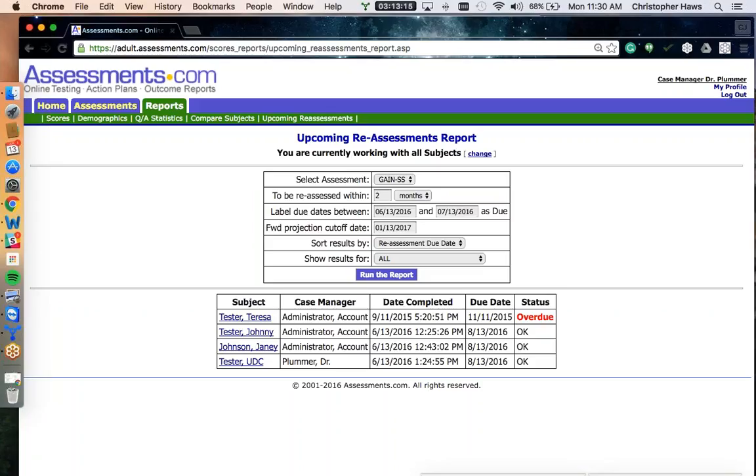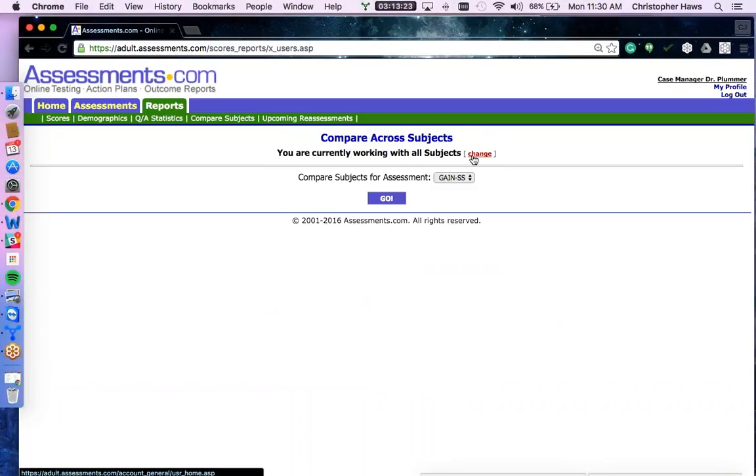So it just keeps things in check if you guys follow certain business rules when you're performing assessments. So that is a tool that's very useful. The compare subjects is one most clients probably use when it comes to substance abuse tools or anything like this. And so as you can see here, if you hit compare subjects, it'll take us into